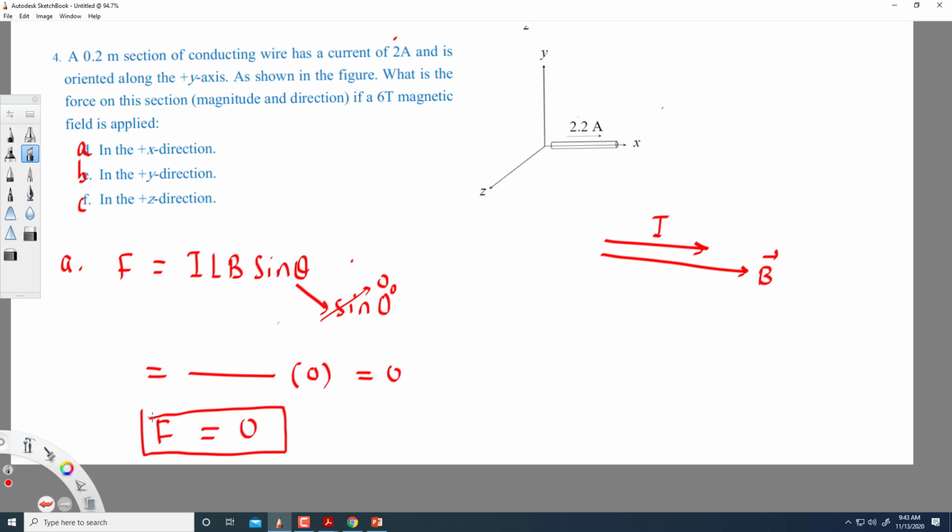Now let's look at part B. What's the direction of the force as well as the magnitude of the force when the magnetic field is pointing along positive y? So when the magnetic field is pointing that way, what would be the force? So force is given by